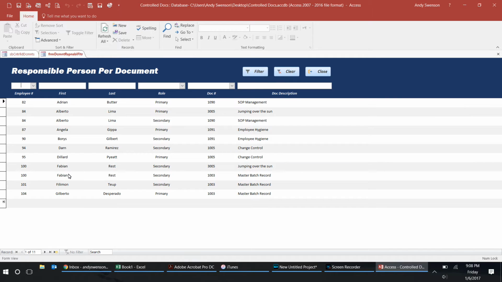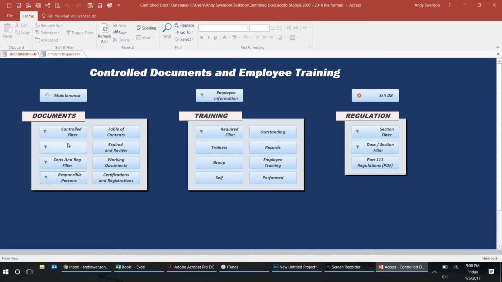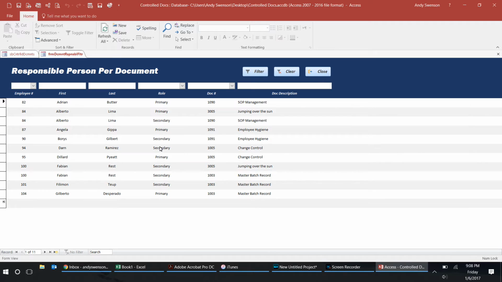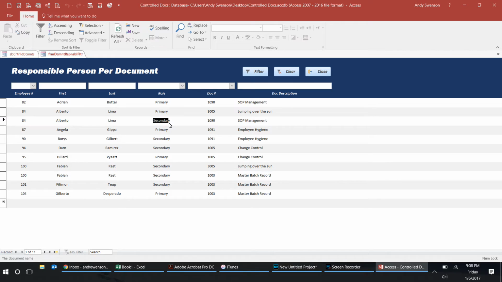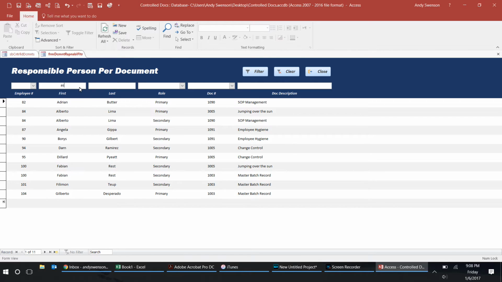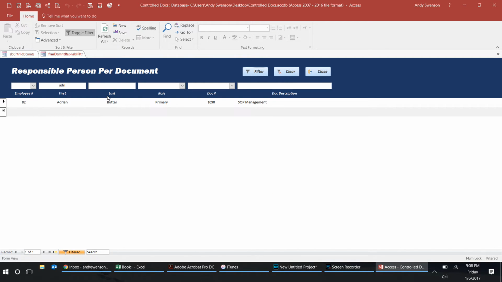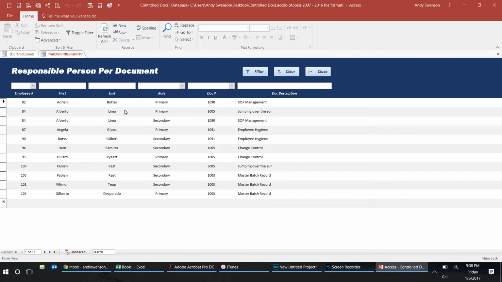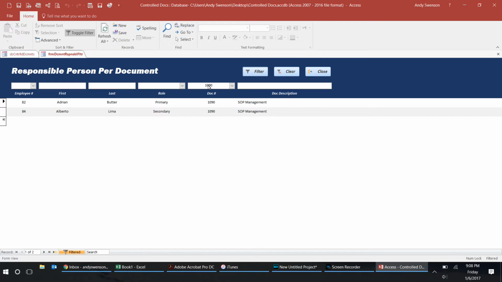The next one is responsible person. This one's slightly different from the participants filter. These are the people who are directly responsible for the document and their backup. And we can look at, let's do Adrian again. So Adrian Butter is the primary for this document, 1090. So when this document comes up for review, there's no question about who it needs to be sent to and who gets it. Now we can also look at document 1090, and we see that Alberto Lima is the secondary